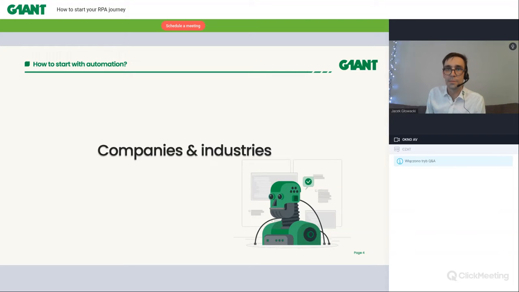We have big experience in automating insurance and processes related to insurance, checking the insurance in hospitals, but we can also automate processes in different industries, like banking, finance, real estate, travel. Almost anywhere where we have processes done by an employee on the computer, we can automate this process using our solution.